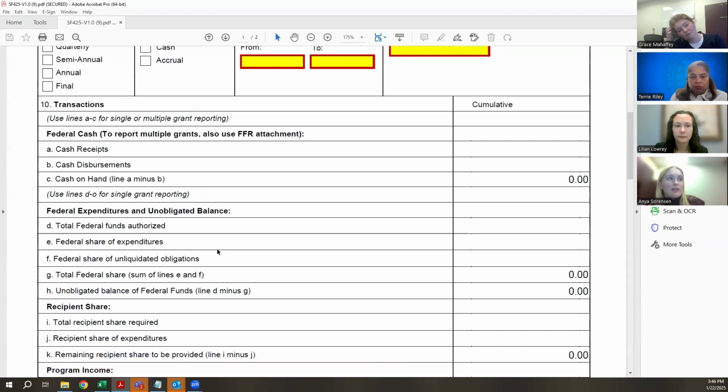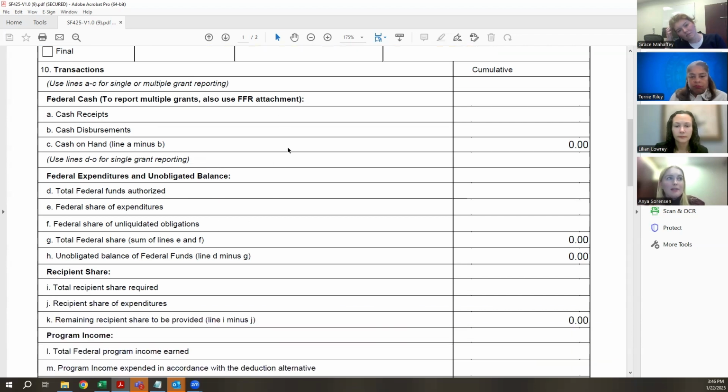Moving on to federal expenditures and unobligated balance. D is your total federal funds authorized or your total potential award. It is the total amount you are eligible to receive over all 3 tranches if your award is tranche-based. E is your federal share of expenditures, and exactly what constitutes an expenditure does vary if you are using a cash or accrual-based system. So make sure to check that you are reporting correctly based on what type of accounting